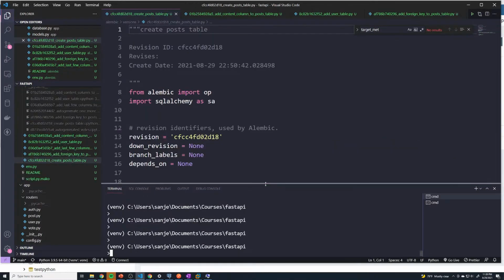The last thing that we have to do now is generate the votes table. But I'm not going to manually create it myself this time. Instead, I'm going to make use of the auto generate feature. So this is what I was talking about earlier, how we can use Alembic to be intelligent enough to figure out what exactly is missing from our Postgres database and figure out what needs to be